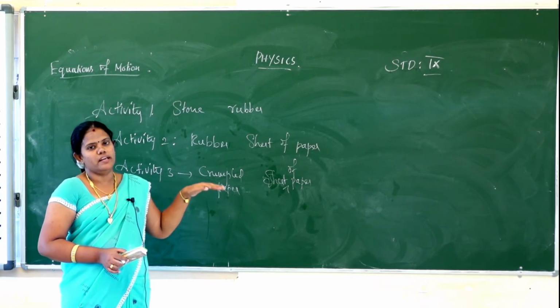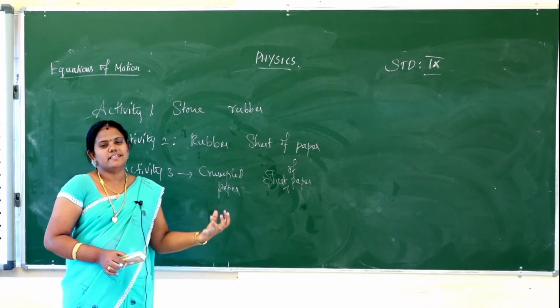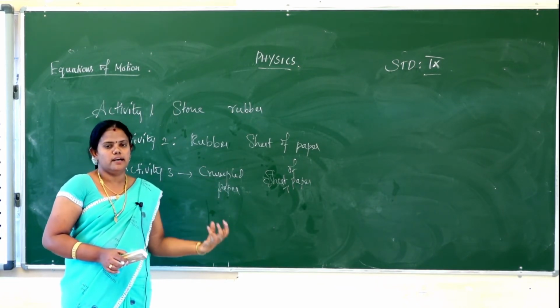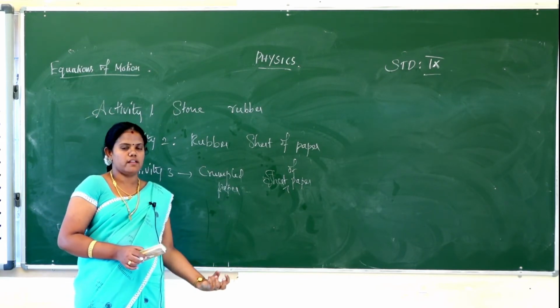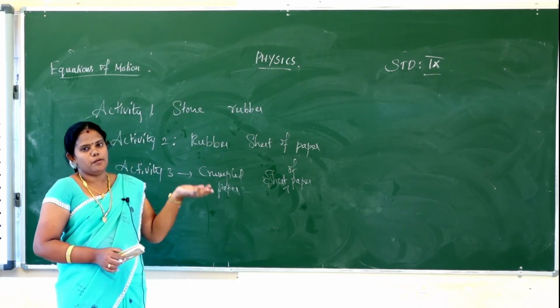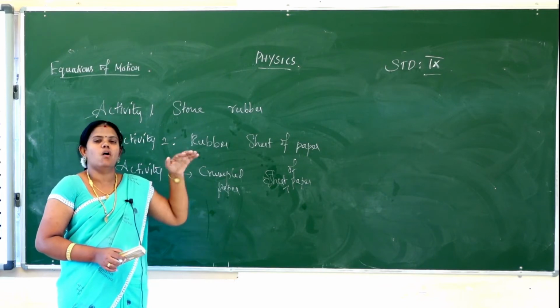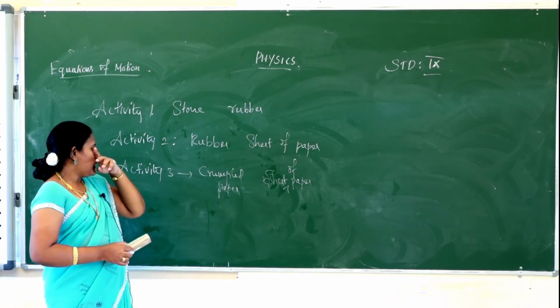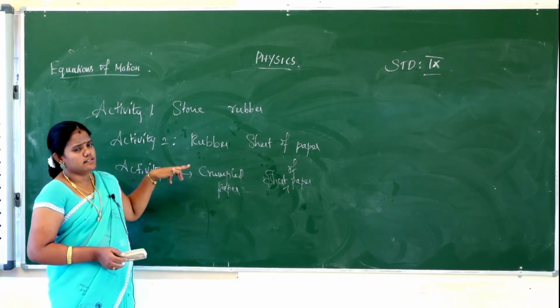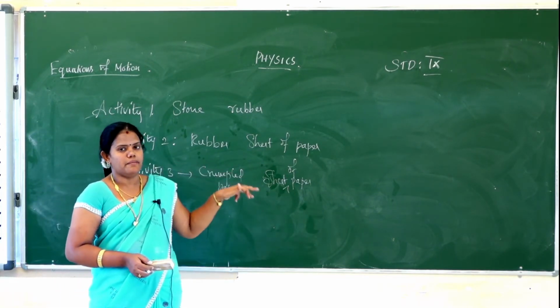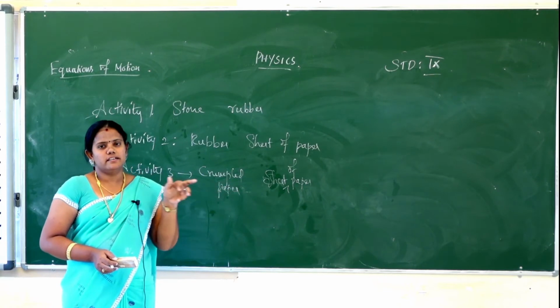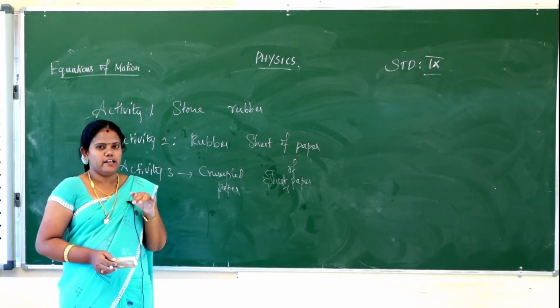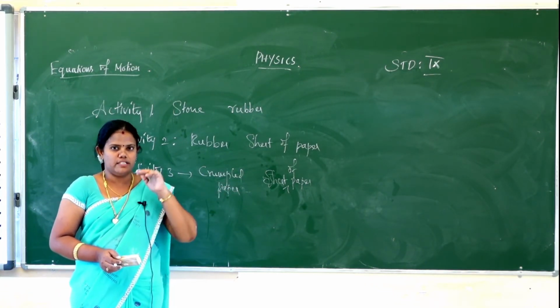So the freely falling body is attracted by the acceleration due to gravity of the earth. It is because of the gravitational force that it comes downward. If there is no air resistance, the gravitational force acts on all the objects at the same time and all the objects fall down easily. That activity was done by Galileo at the Pisa tower in Italy. Galileo did this same activity from the top of a tower in Italy.